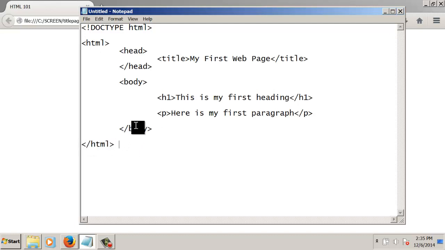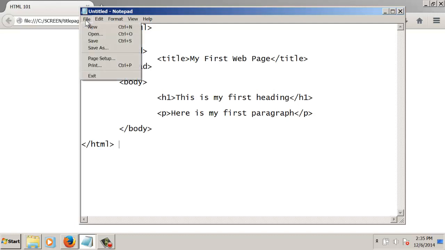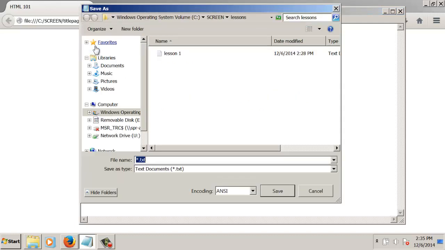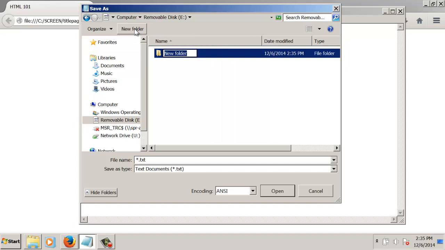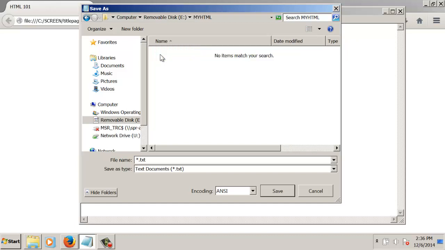Now, if you notice, the difference between opening and closing tags is simply this little backslash. And what we'll need to do at this point is go and save our file. To do that, we're going to say File and Save As. And we're going to go to where we'll be working. We need a folder to save things in, so I'm going to go up here and create a new folder. And I'm going to name that my HTML